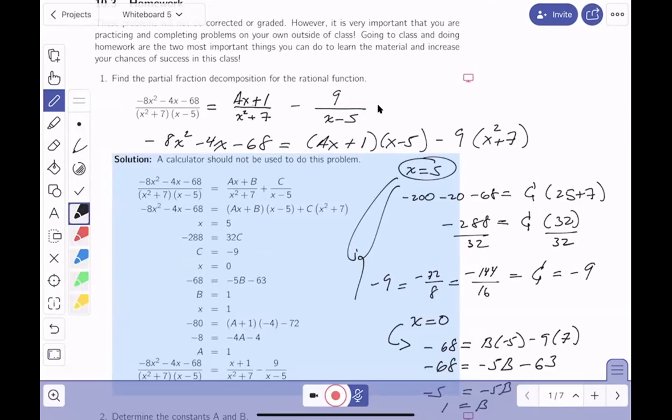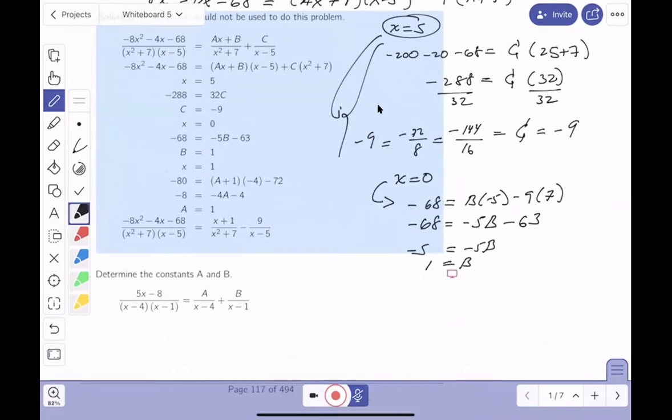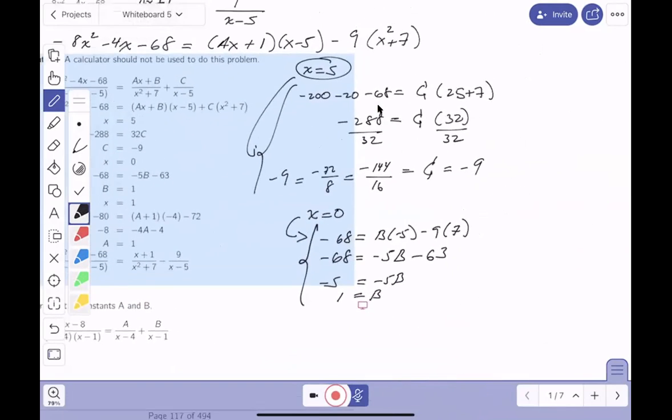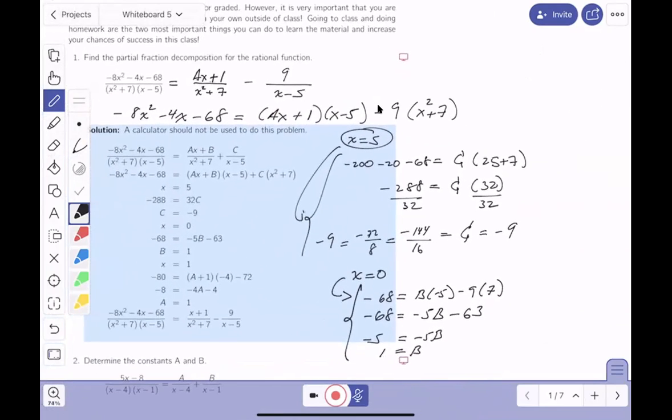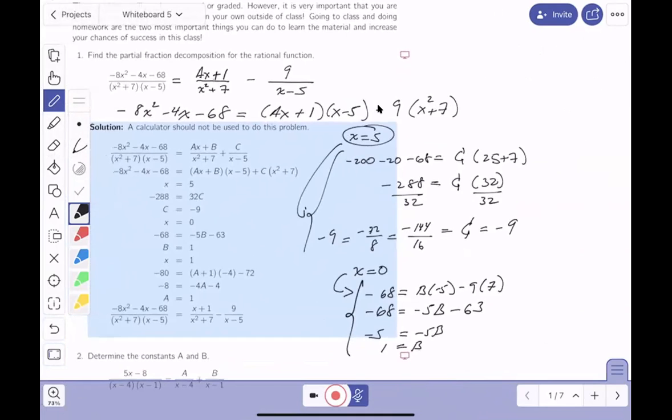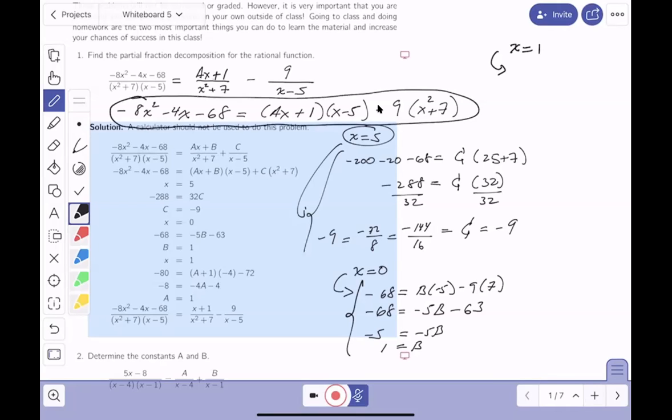All right. Now, of course, I don't know what a is. So what other number could I pick? There's a variety of numbers you can pick, but I certainly want to stay easy. So I'm going to pick x to be 1. Because I think it's easy. Now, someone says, could I pick a different number? Free to choose. Pick the number you like. And again, I want to remind you, we're plugging it in here. So if you plug in 1, what do you get? You get minus 8,